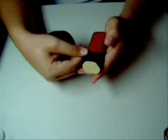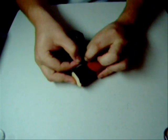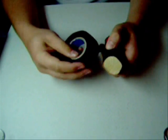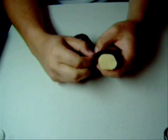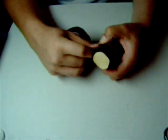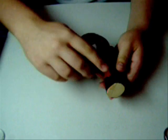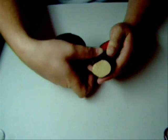You just want to twist and twist again. And then once you're to this point, if your tape gets scrunched up on you, you just spread your tape out like that. And if it gets bunched up too, you just spread it out. Move on to the next portion, and again here you'll start forming a line right around here where you get there, and you just twist your tape